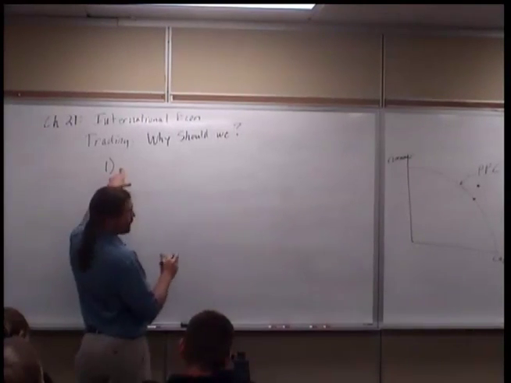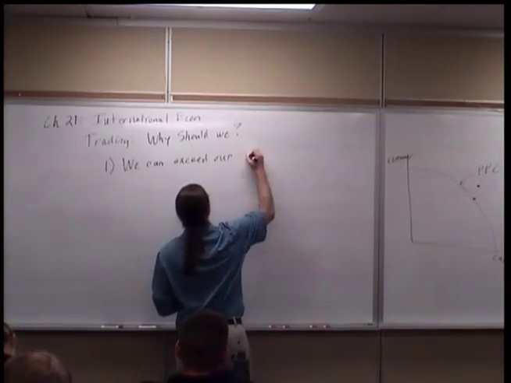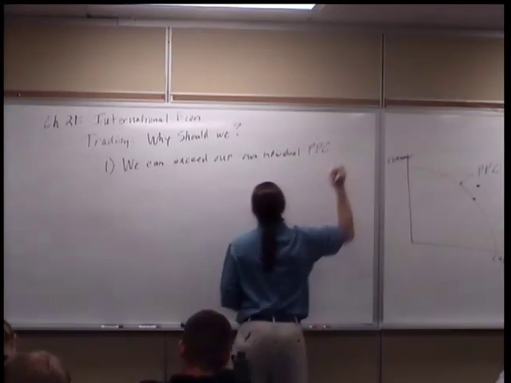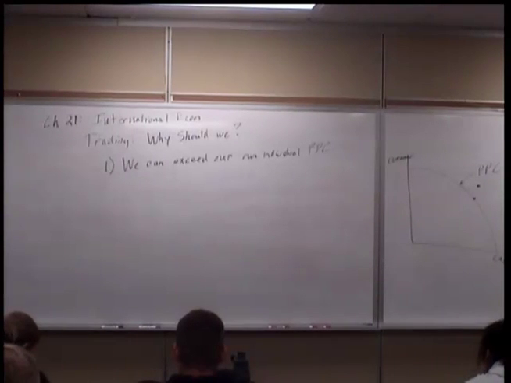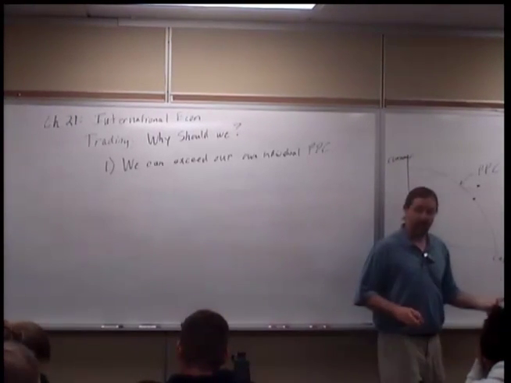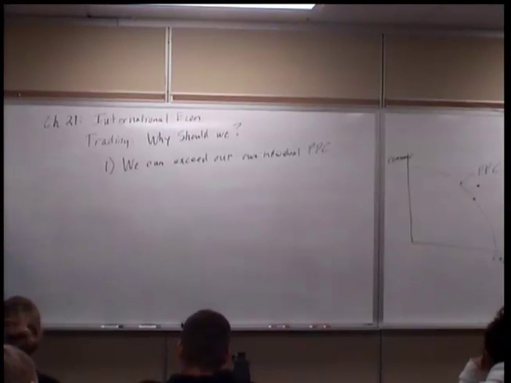So the main reason why we trade is that we can get outside of our production possibilities curve. We can exceed it, all right? So we can actually consume and produce more than we could normally. And the idea here is that we will focus on producing goods that other countries want. So if they can't produce good corn in Africa or wherever, we will produce more corn in our country even though we don't need it, right?